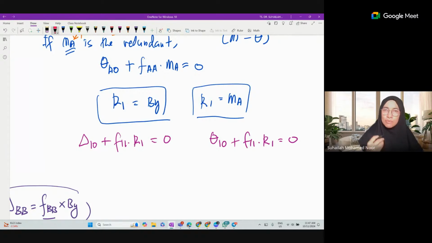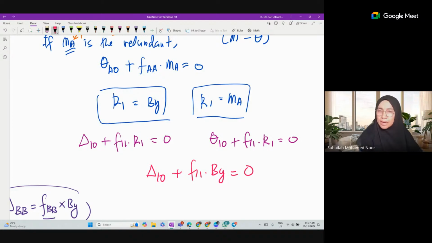For example, if we use BY as redundant, just use BY in the compatibility equation. So delta 1 naught plus F11, if BY is the redundant, just put BY here. So it is equal to 0 like this, so that we know that BY should be delta, referring to the delta. And for MA as redundant,